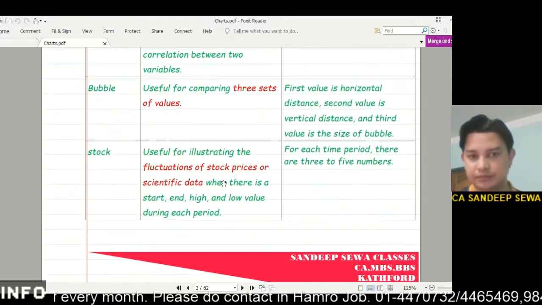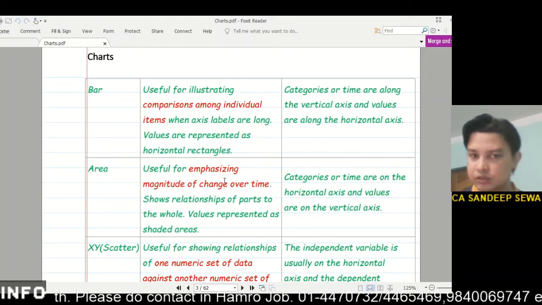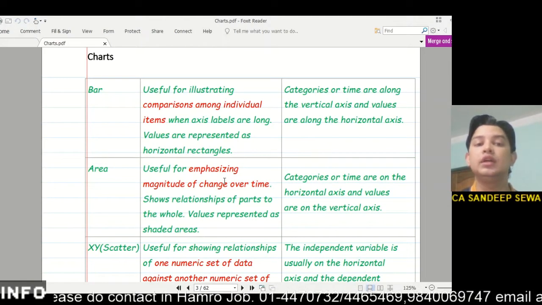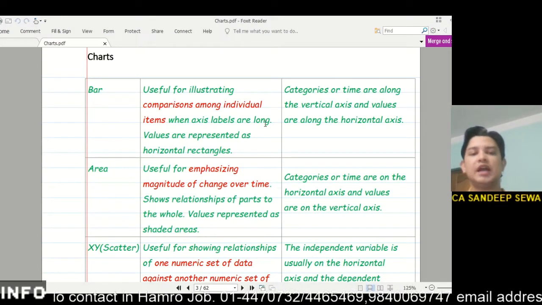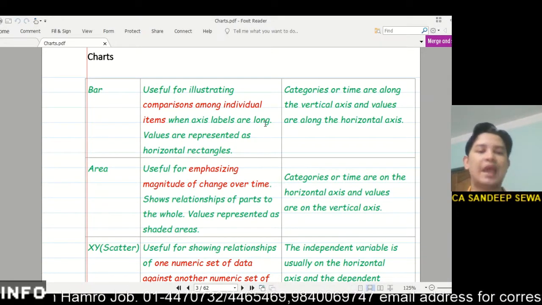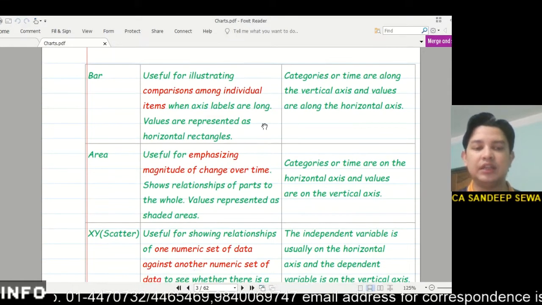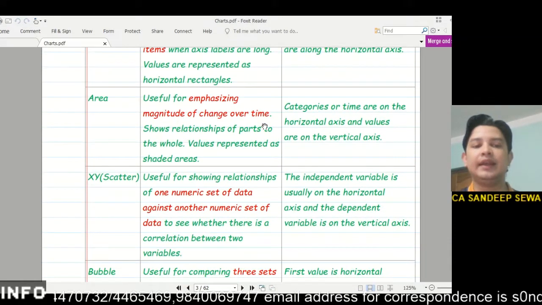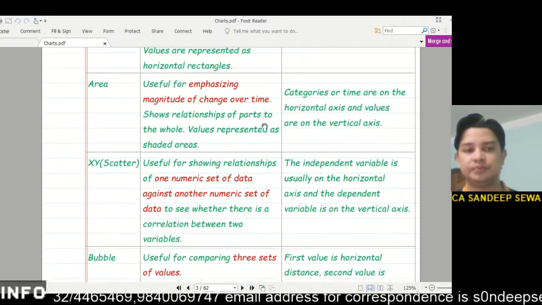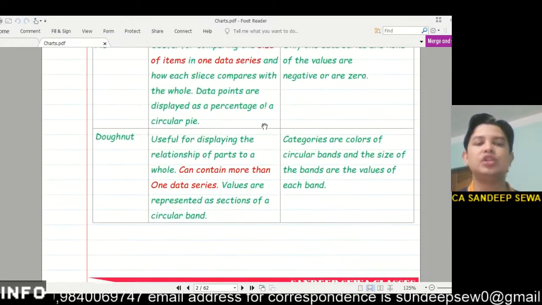I have briefly described each type of chart. Each type of chart has its own usefulness, and based upon the usefulness you have to select the right chart. So there are the bar chart, area chart, XY chart, bubble chart, column chart, line chart, pie chart, and donut chart.